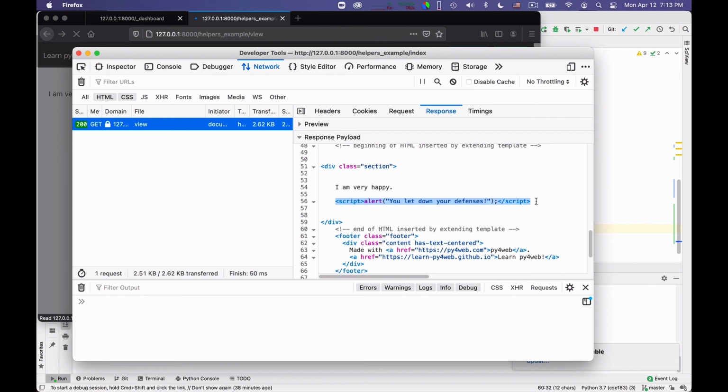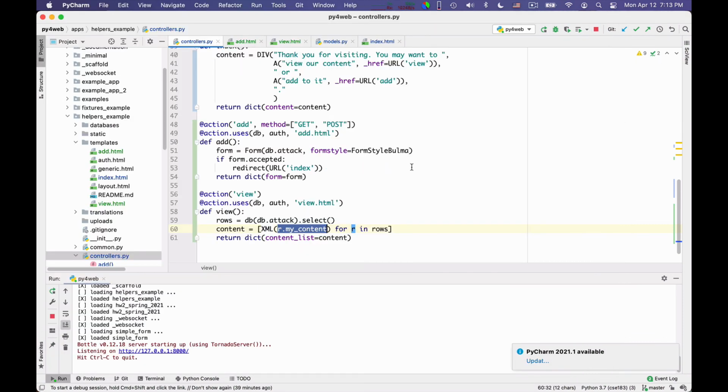So this essentially enables a user to insert arbitrary JavaScript in the database, and then if one is not careful by using the XML tag or by using the content without safe quoting, that JavaScript would get into the web page and cause an attack. So XML tags are dangerous, you should use them with extreme caution, and you should always let the templating language be the one that generates the HTML.